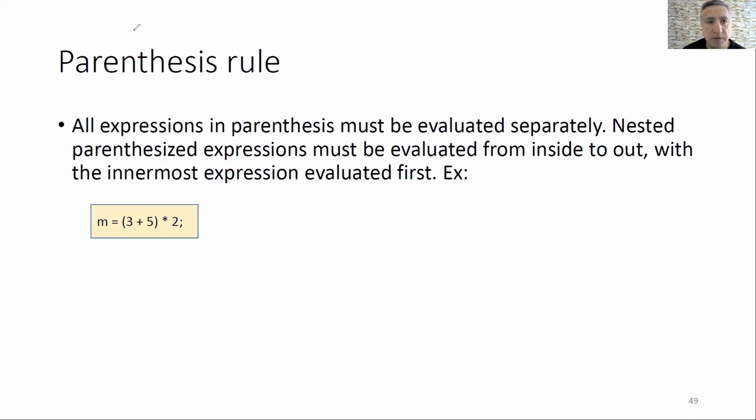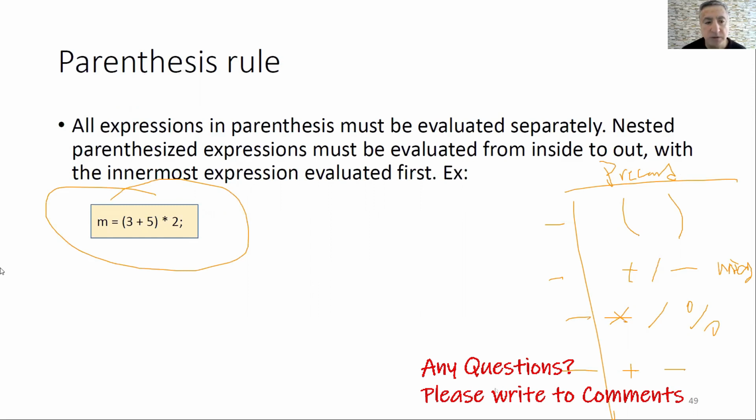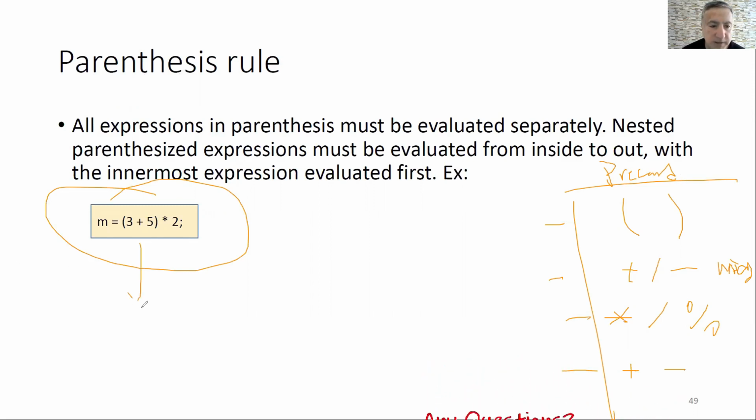As we know, remember the rules: parentheses first, then positive or negative, so converting the sign of the number. So it's a unary operator. Don't forget unary. And then multiplication, division, modulus, and then addition and subtraction. So that's the precedence. Precedence means the priority. Do this first, then this, then this, then this. So here in that question, how can I begin? What should I do?